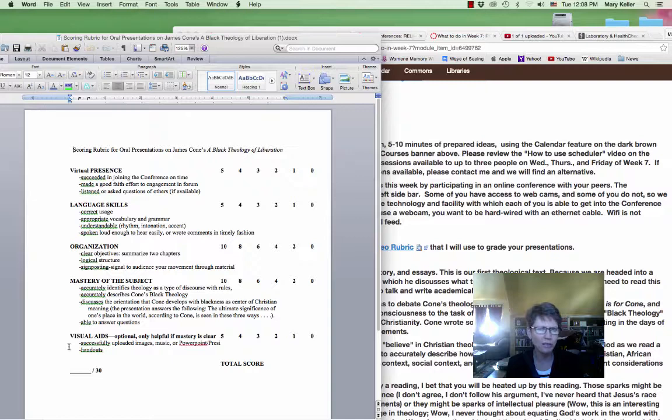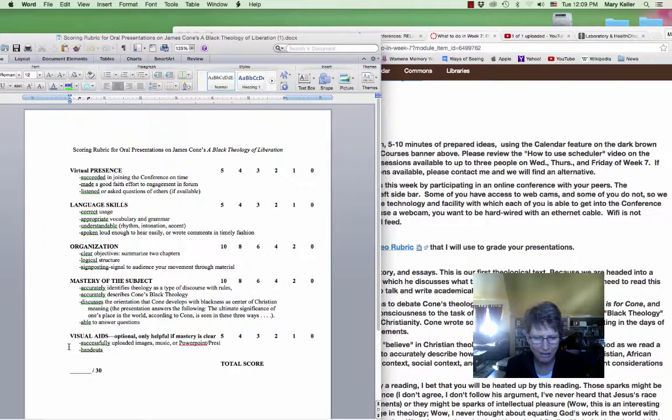That's asking you not only to have read Cone well, but that you are thinking about our methodology in the course, and you can bring in Charles Long's argument that if we approach religion as an orientation to the ultimate significance of one's place in the world, you can read Cone through that lens and be able to identify the ways that Cone reorients theological discourse by recentering theology's task in the work of speaking for